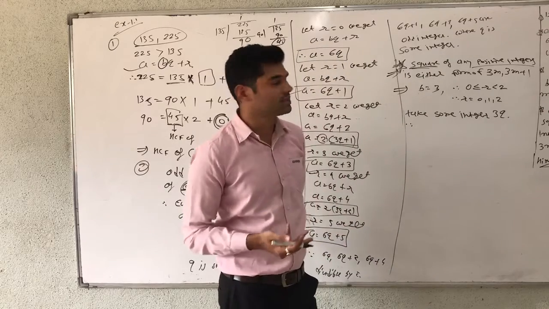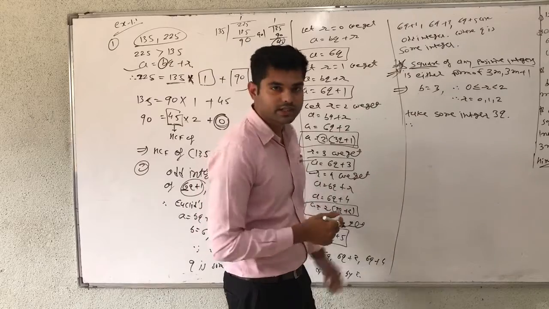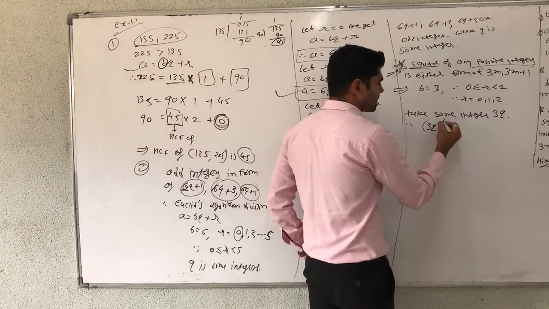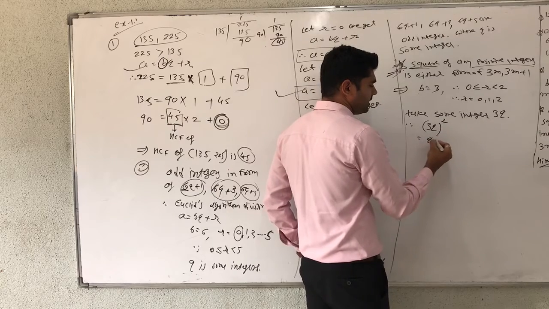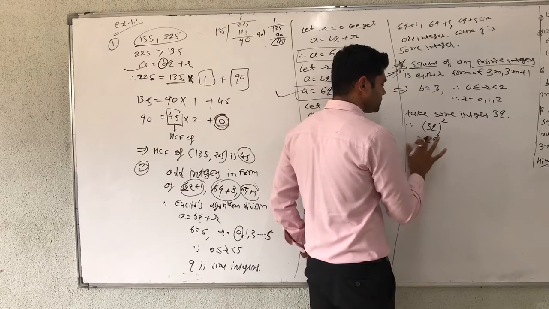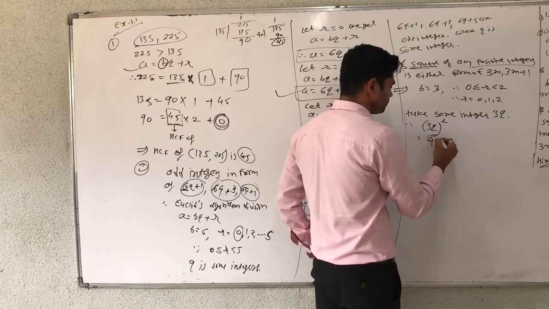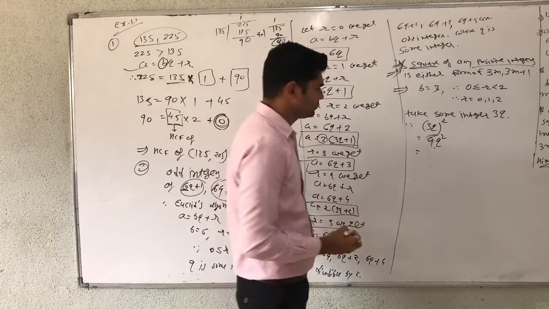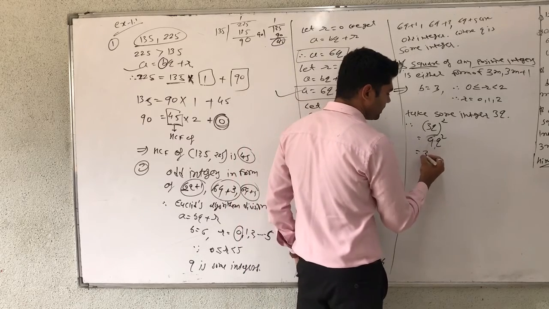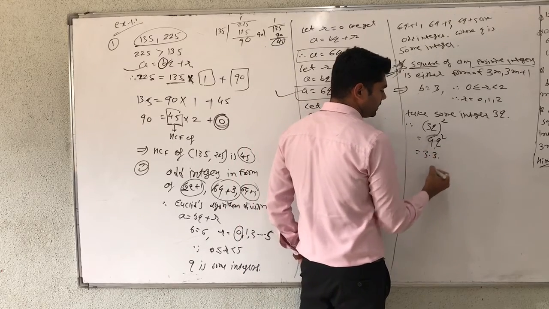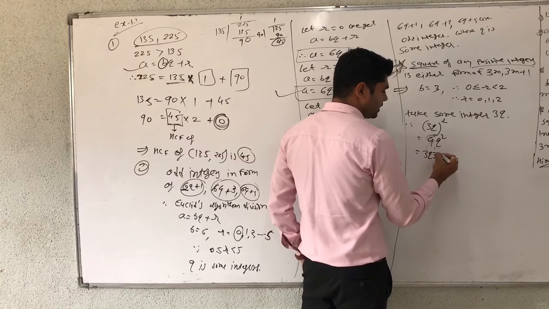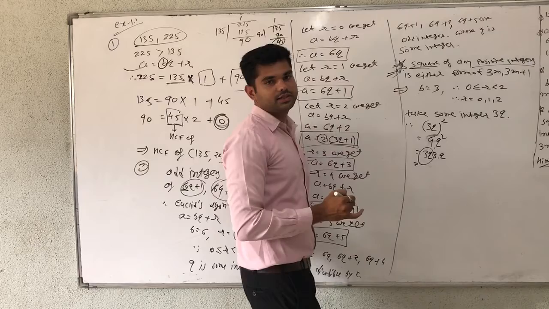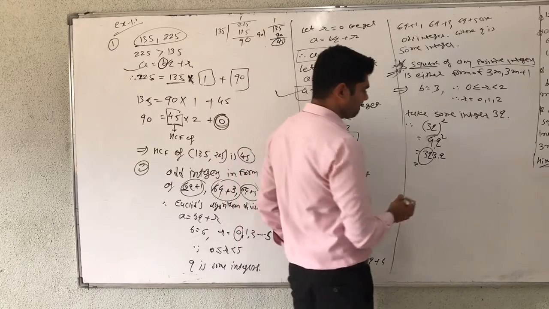Now the square of this positive integer means 3q whole square. The answer is 9q square. So take common 3q: 9 we write as 3 into 3, which means 3q into 3q. So we take 3q as m.